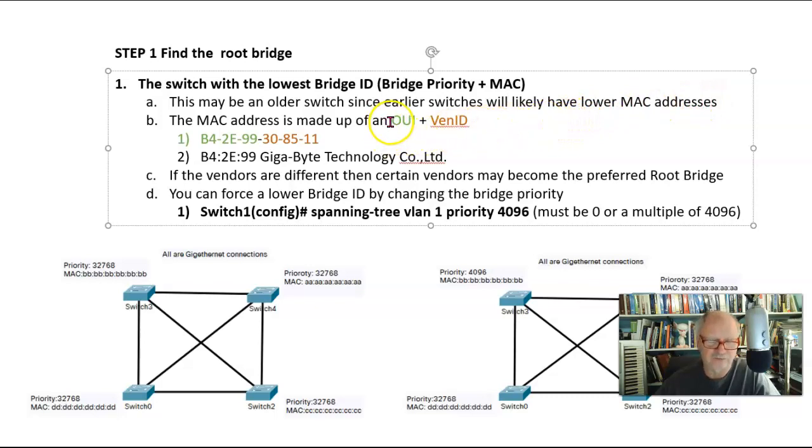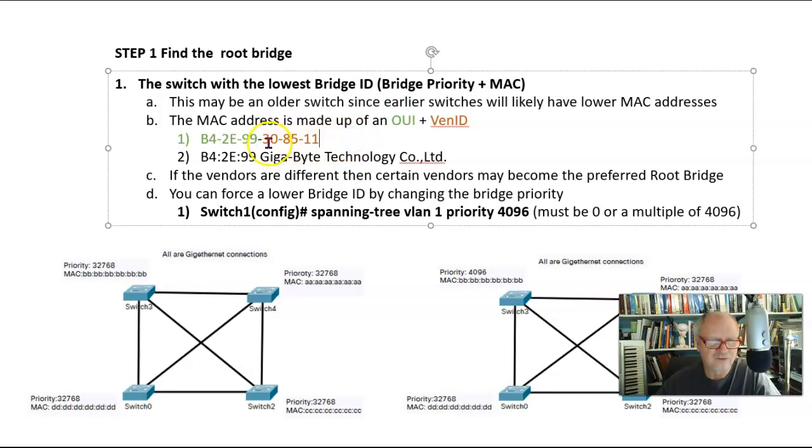made of two parts. The organizationally unique identifier, which means who owns the card. So in this case, B42E99 is owned by Gigabyte Technology. And then the vendor ID, that is this last part, is the ID that that vendor gives to that interface